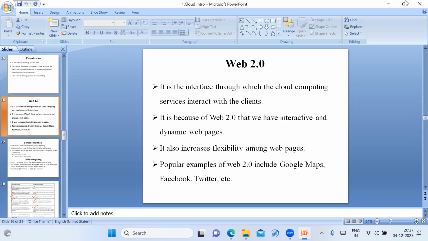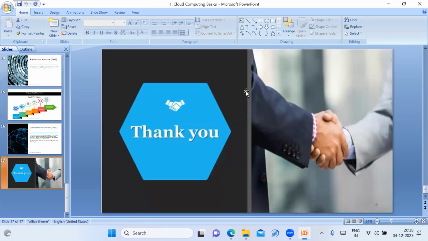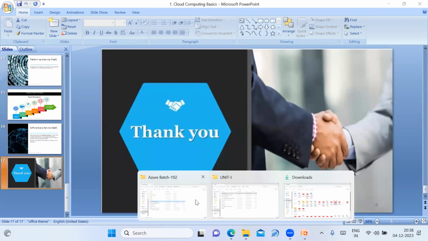Evolution of cloud computing is nothing but the basic roots of cloud computing. If you study the evolution of cloud computing, you can easily write the roots of cloud computing. This diagram we can draw, and then we can explain point by point. That is next, and also in this module,